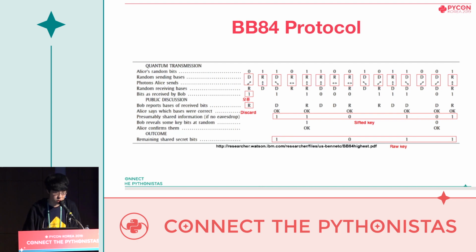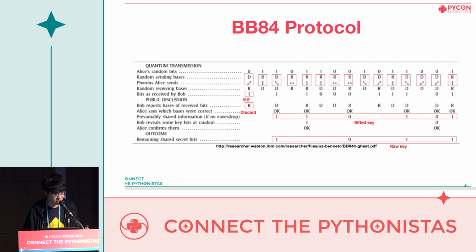And Alice and Bob share their sets of filters. That's called a public discussion. Finally, they compare their filters with each other's in a public channel. When they see the same filter at the same index of the filter list, they decide to use the qubit at that index. Mostly about 50% of them will be selected. And now Alice and Bob share the same selected and measured qubits. Now they can use AES or something to use that key and make their secret conversation.